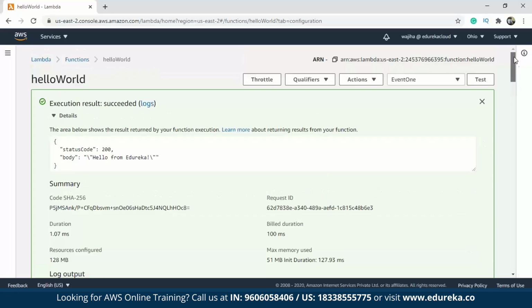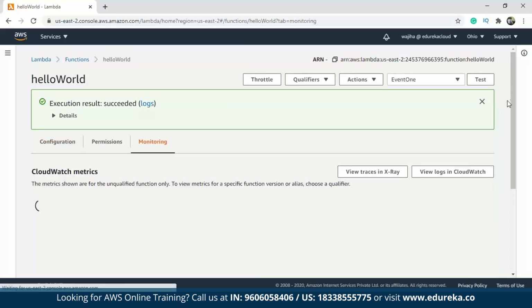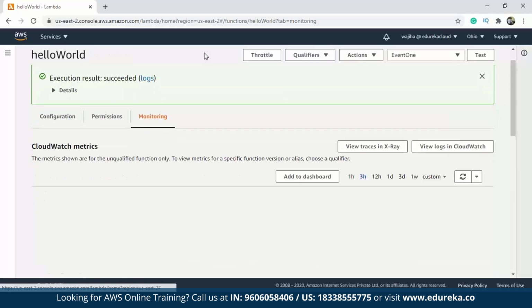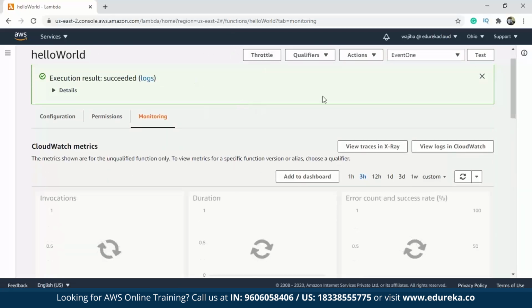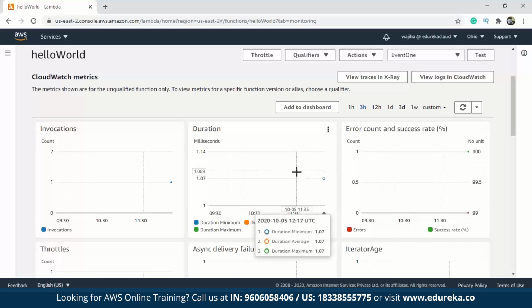Now, when you check the monitoring page this time, you will see that all the metrics here would be updated. For instance, let me highlight the error count and the success rate metrics. As you can see, it clearly shows that our program has executed with 100% success rate and 0 errors. Similarly, you can check various other metrics such as the number of invocations, the duration, etc. Now let us do something that will show us